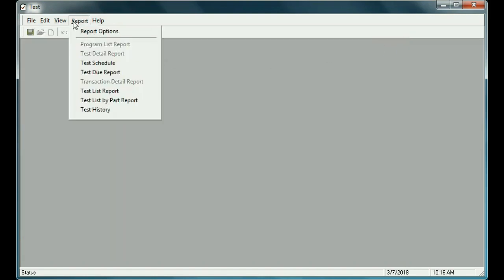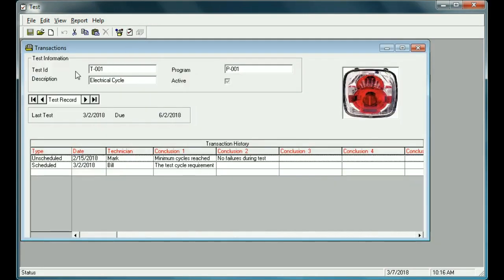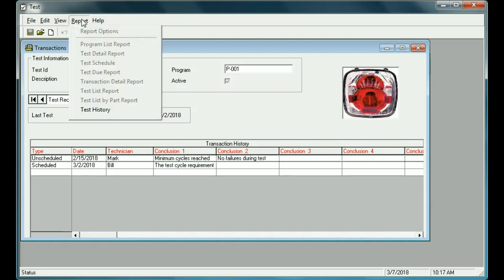And finally, there's a transaction detail report. So again, it's grayed out at this point. We would need to actually go into transaction, which we can do by clicking over here, for example. And that brings up test-001. There are actually 2 tests that we did here. One was an unscheduled test on February 15th, and the other one was a scheduled test on March 2nd. So now if we click on the report menu item,